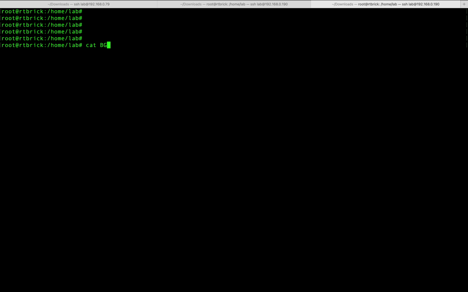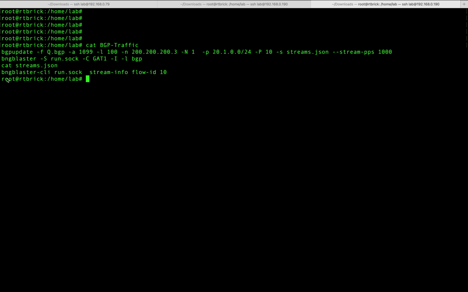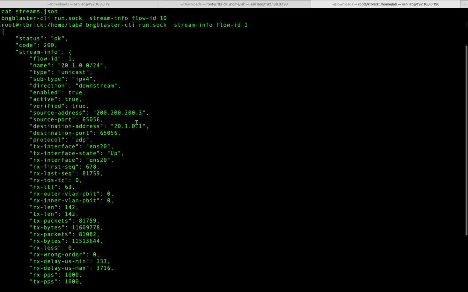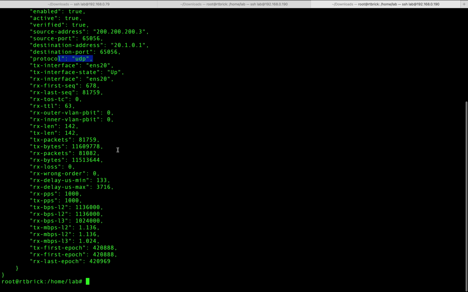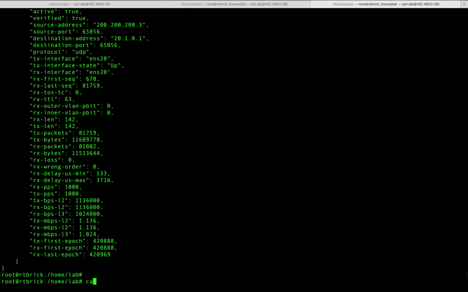Now one more important detail: you can even give an additional command to look at the flow details. So let's say I pick a flow ID as 1, so I know there are 10 flows, right? So it's this command: bngblaster-cli stream info flow-id. It can tell me the flow details as well, the destination port, the protocol that is being sent by the RTBricks. In addition to that, I also wanted to explain that I've created one more file